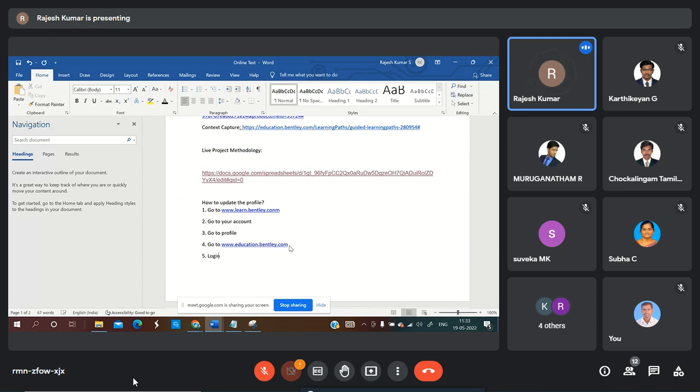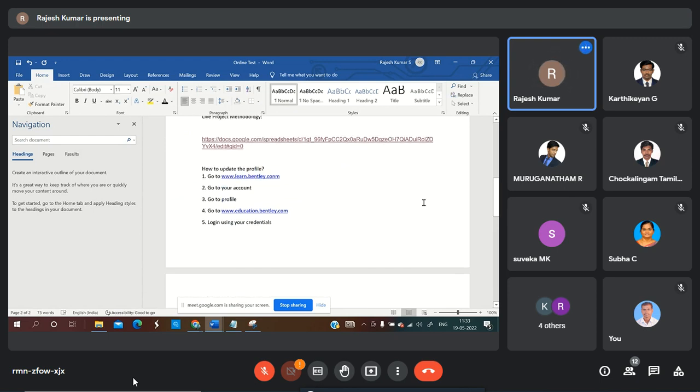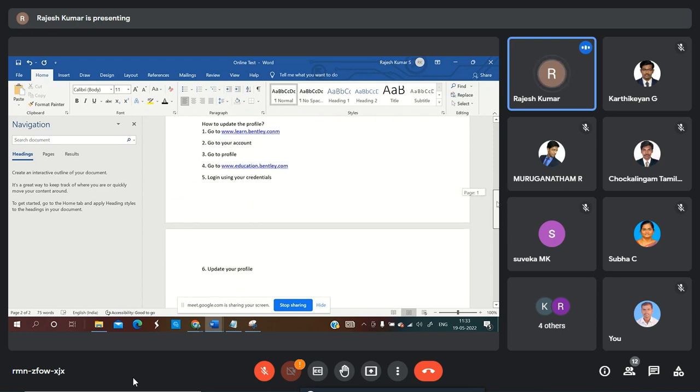Log in using your credentials and then update your profile. So you can just take a note of it.